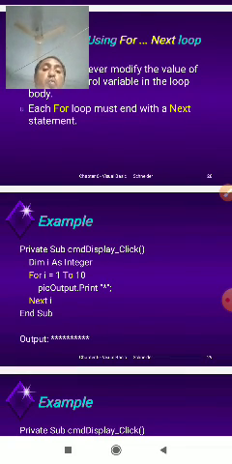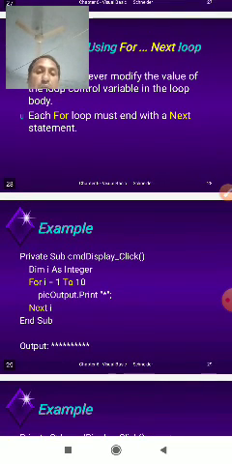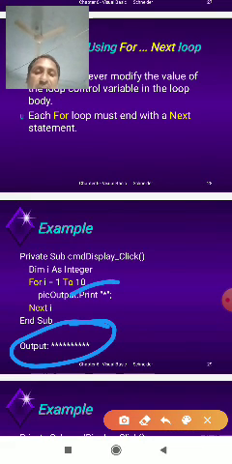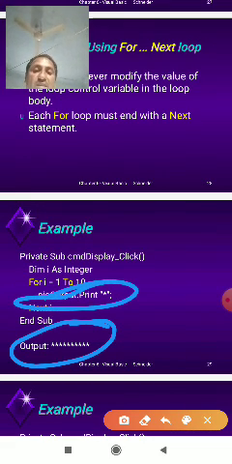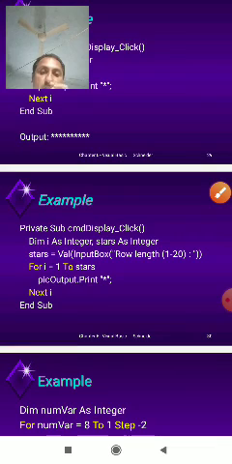The output prints 10 star symbols, printing an asterisk each time. This is the output of the stars, asterisks, with one for loop from 1 to 10. So this is called printing asterisks.